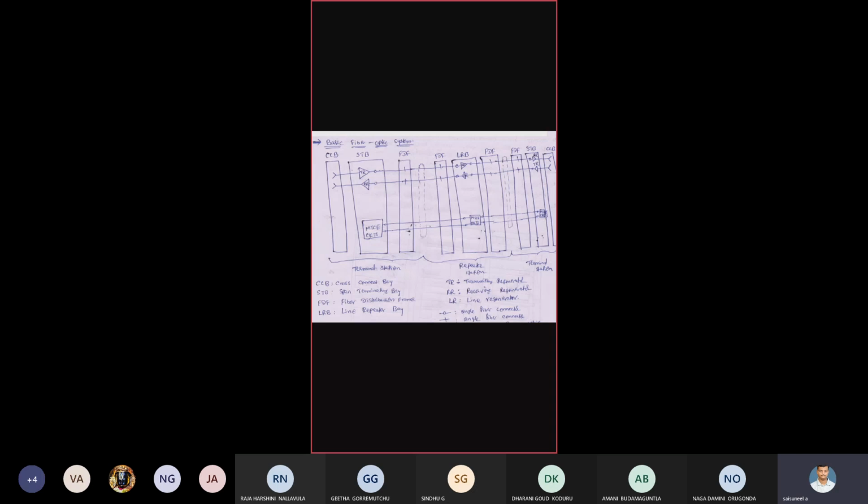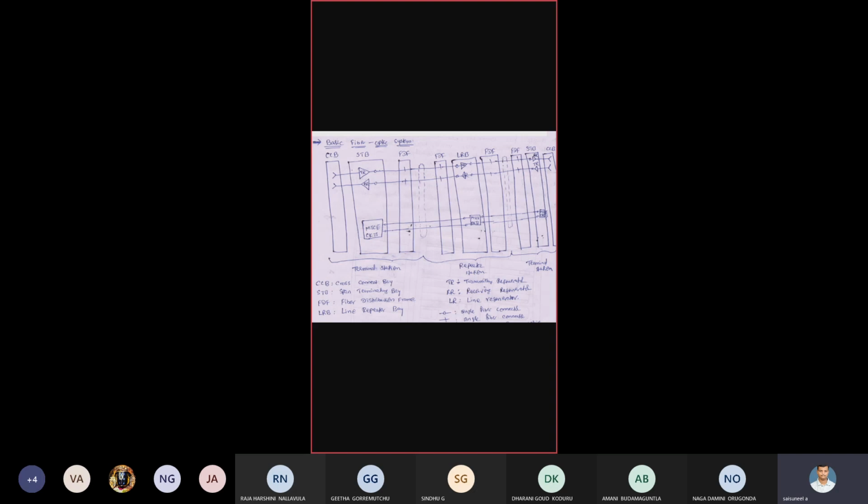Next, similarly for the receiving side also, we are using FDF, STB, and CCB. To connect one terminal station to another terminal station, that is, office A to office B, the connection is made by using a repeater. Here in the repeater, the starting and ending point is also the FDF, nothing but the frame distribution frame, which is the main unit to connect optical fiber cables.